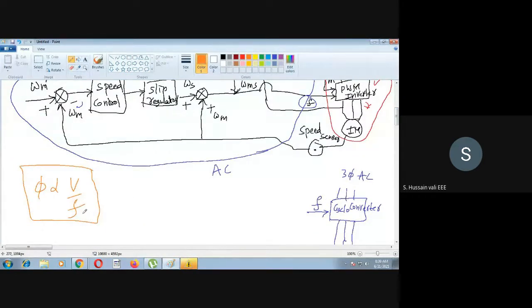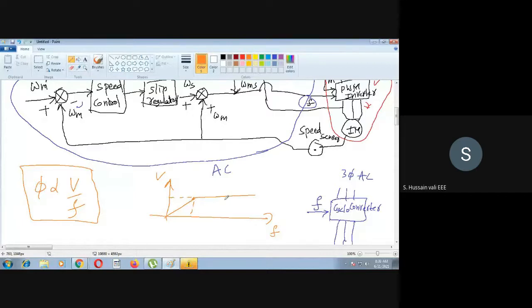For example, in the cycloconverter, you either increase the frequency or decrease the frequency. This is what exactly you do in the cycloconverter. For example, you decrease the frequency. You recall this graph, this is V, this is F. There is a point here, that is the rated value. Till the rated value, the voltage and frequency are both proportional. If you reduce the frequency, the voltage also will be reduced. If you increase the frequency, the voltage also will be increased till this point.